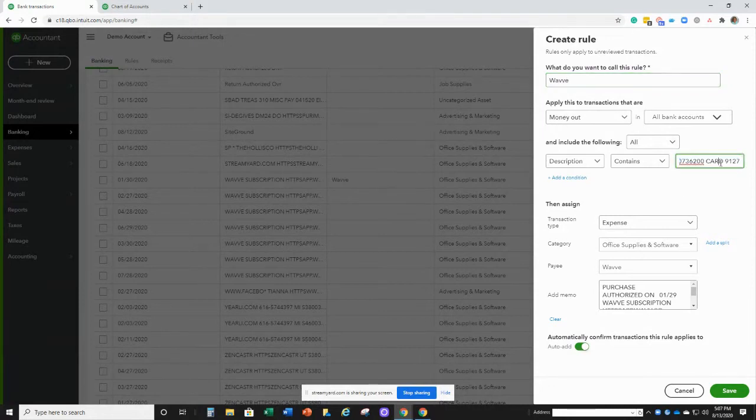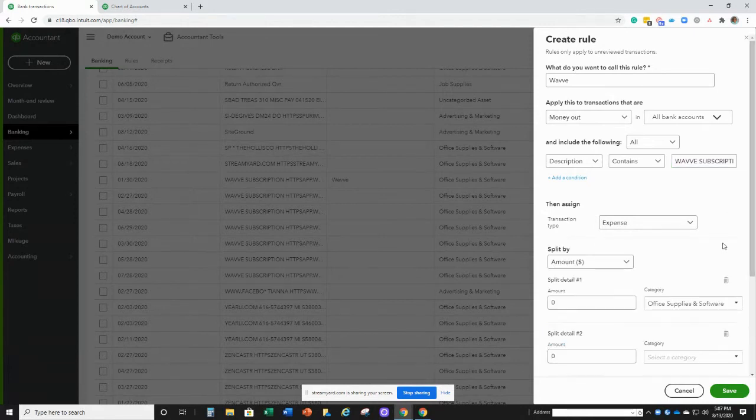And we've got it set. So you can see at the end here, it's got a bunch of information, some numbers. We're going to delete all of that so that it just shows Wave. And I'm going to add a split to say that we are going to do it by amount. We're going to say that $5